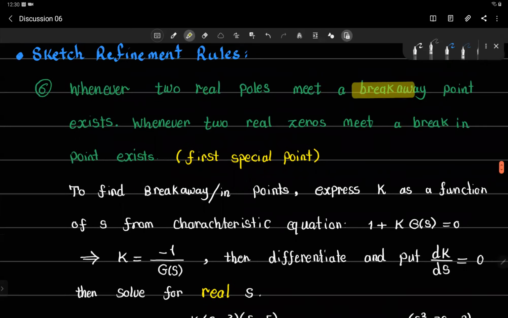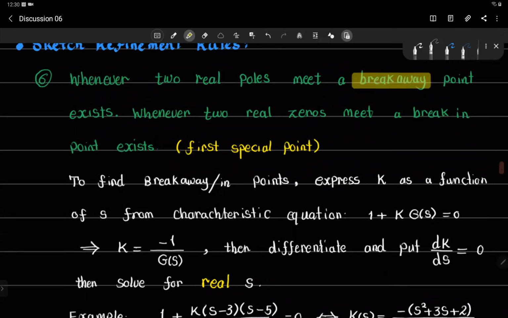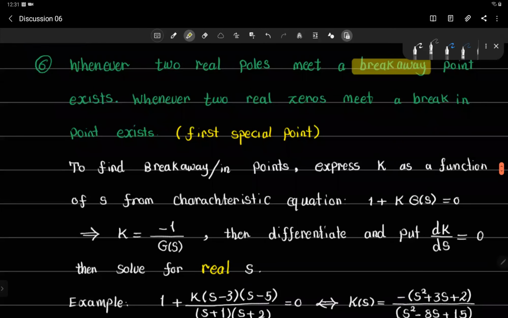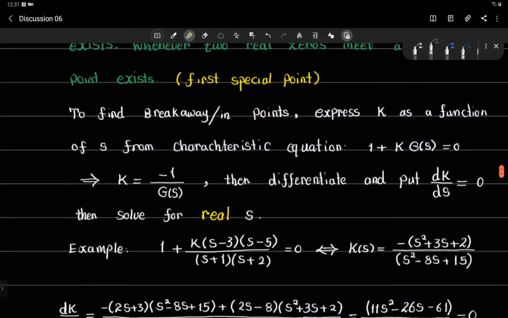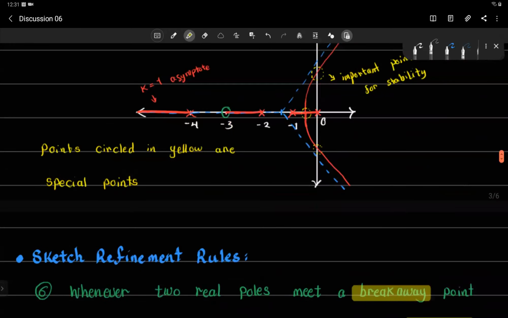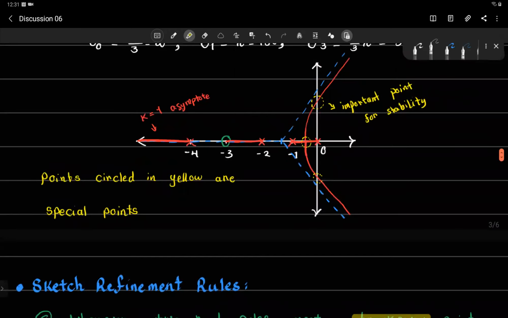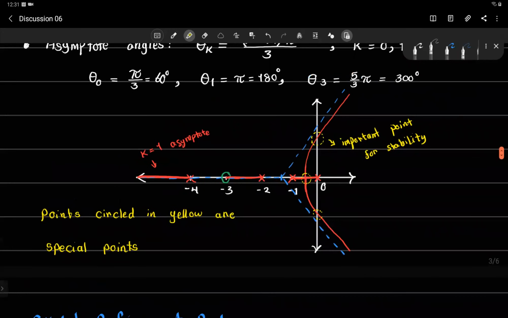Whenever two real roots meet, we have a breakaway point, and whenever two real zeros meet, we have a break-in point. This is a special point because the nature of the system changes. So in this example, for instance, if we forget about this part,